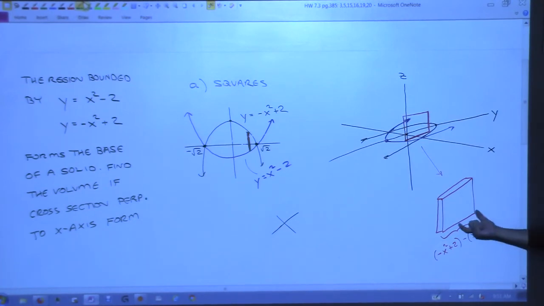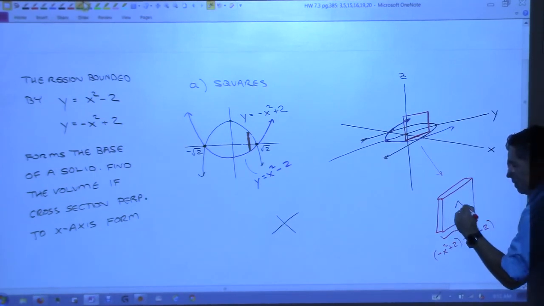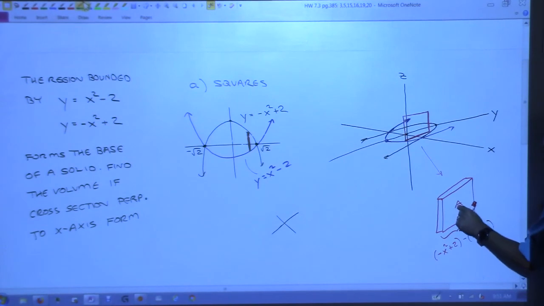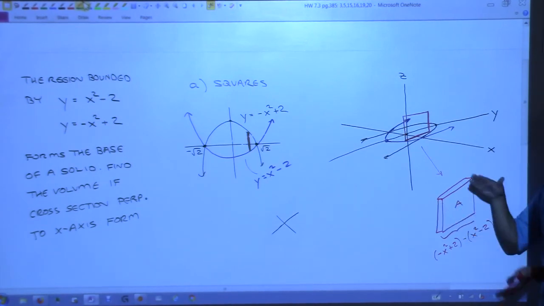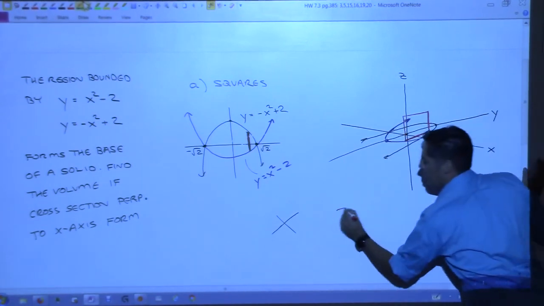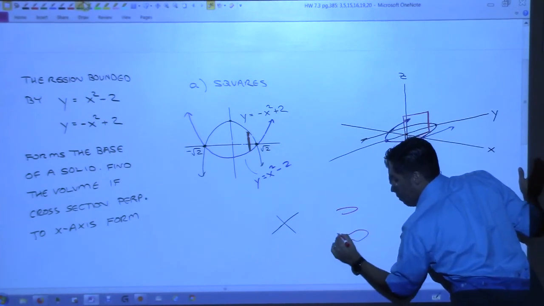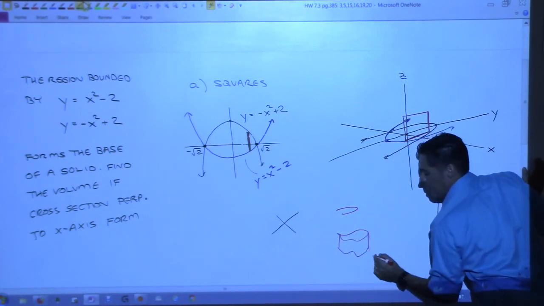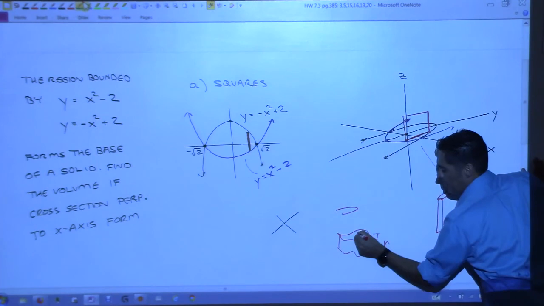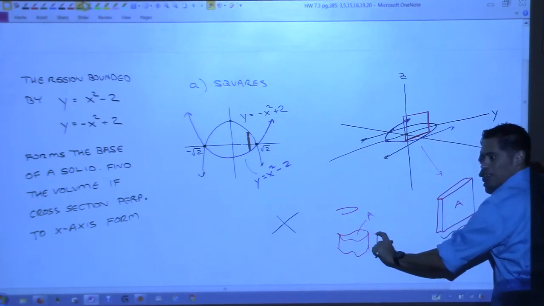Now, why am I finding the length of this side? I'm trying to find the area of this face right here. This face has an area to it, doesn't it? And then the thickness of it is like the height was when I drew that picture a second ago. And I said, if we know the height, if we know that area, then the thickness of this,